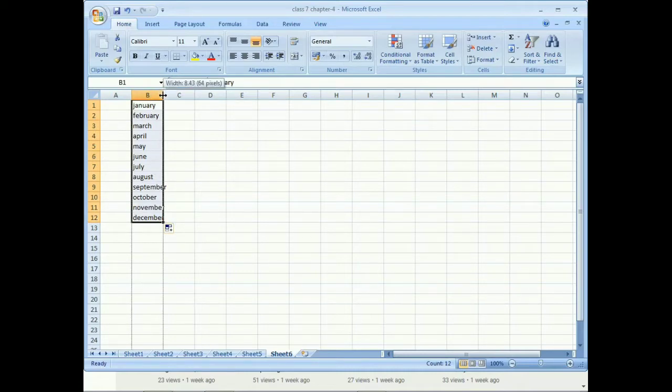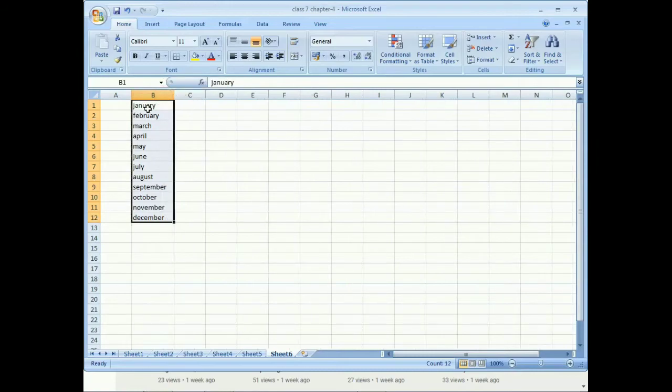Now you can see I have typed only the first name of the month, that is January. After that I have dragged the cell contents from B1 to B12. Now we can see the names of the months appearing and displaying here.